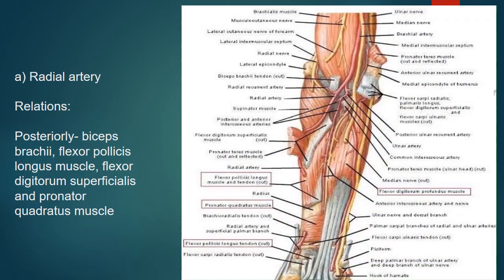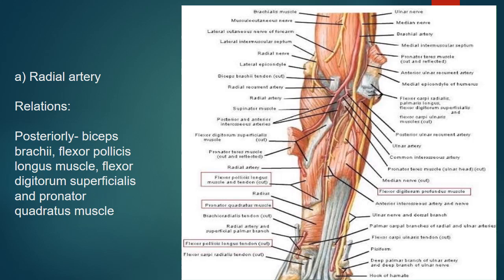Here is an image showing the posterior relations of the radial artery in the forearm. These are the deep flexor muscles of the forearm. Superficial layer of the flexor muscles have been removed so that the course of radial artery and its posterior relations can easily be seen. These are the cut tendons of the superficial flexor muscles, which are the flexor carpi radialis,